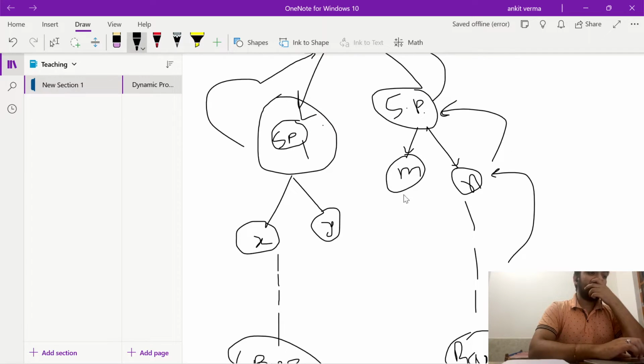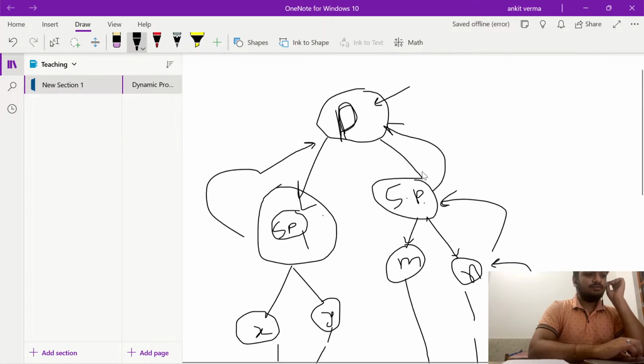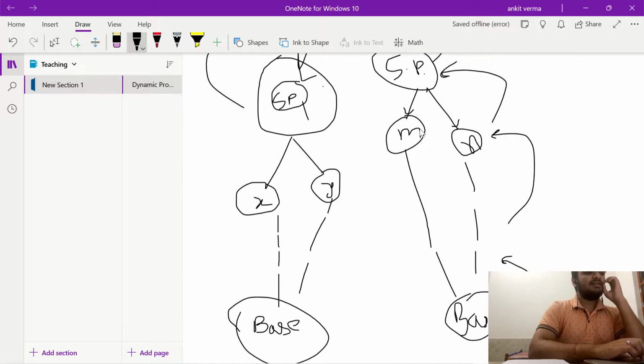But what happens in dynamic programming? In dynamic programming, you can find some cases, some subproblems, where you can find such problems